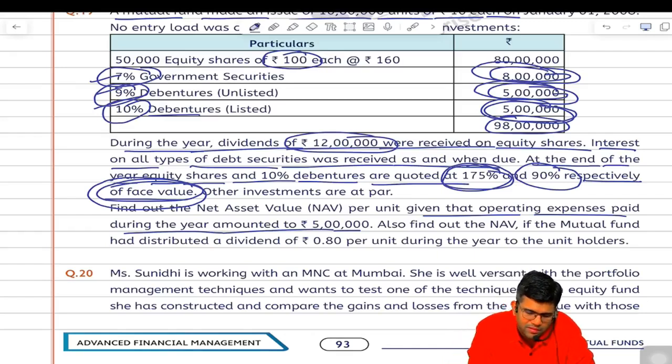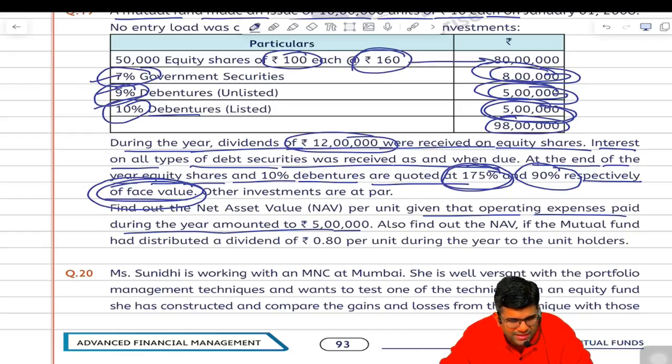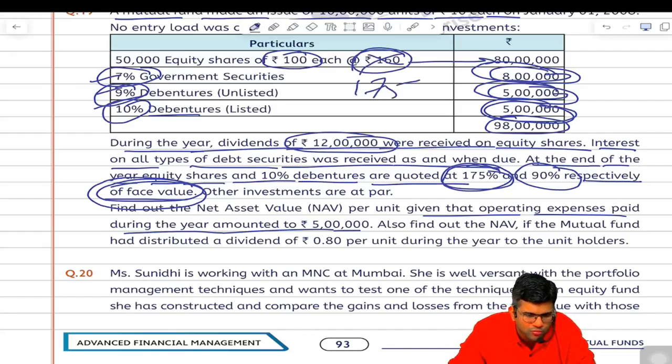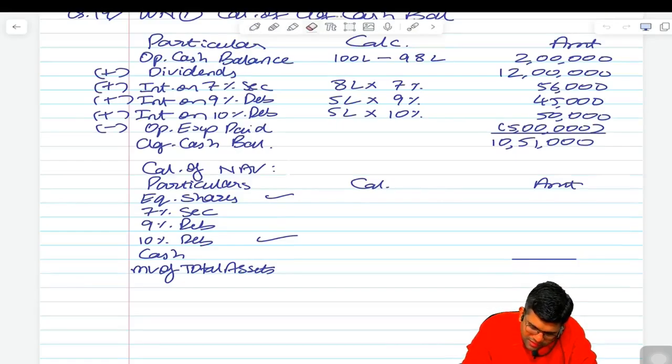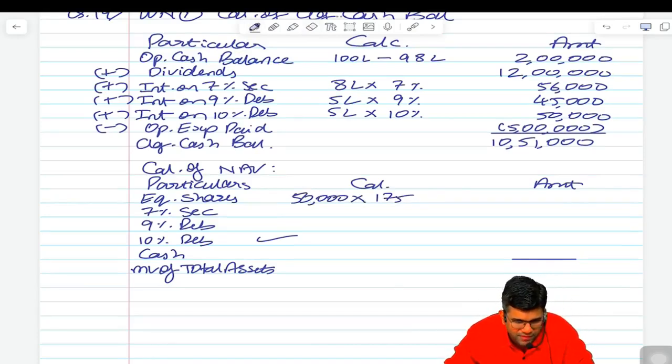Which means when I purchased those shares, the shares had a market value of 160. But as of today, the market value has gone to 175. Are you all able to understand? They have gone to 175. So what I will do is, we have got 50,000 shares, and each share has a price of 175 today, and that gives you the valuation as